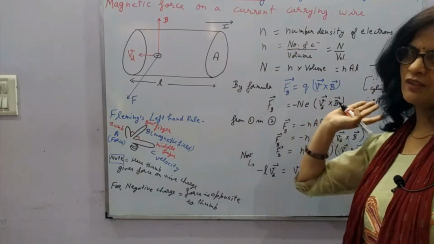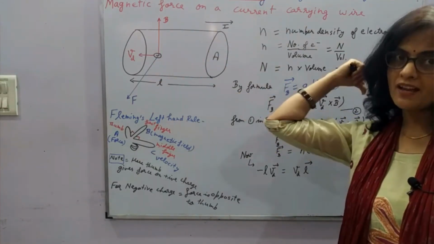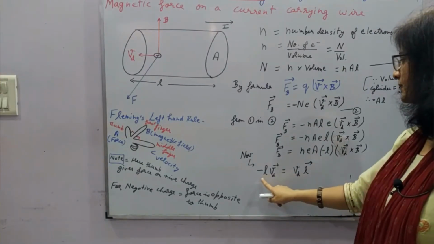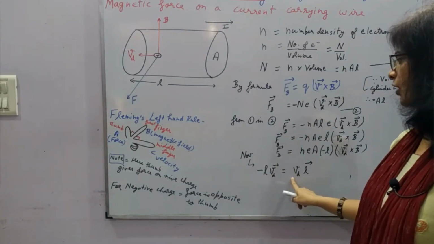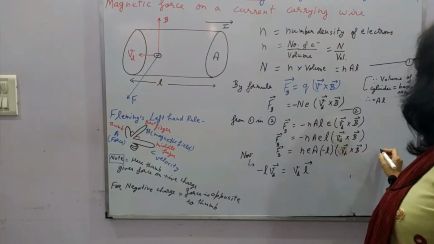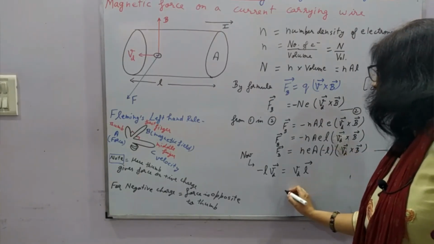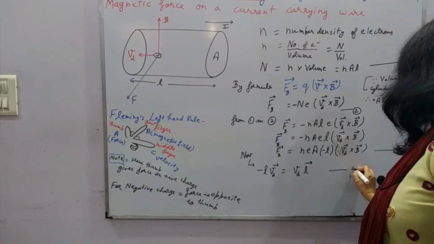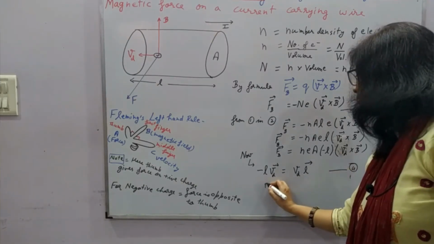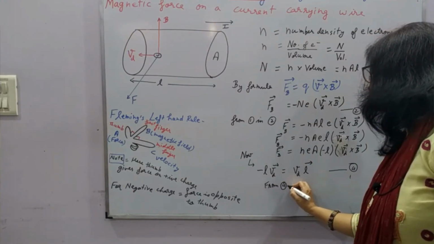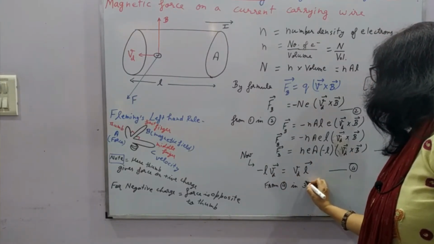L direction is this way, Vd direction is this way. So minus Vd direction is L direction. And now, putting this in the equation which we are considering as 3, this is 4. So from 4 in 3,